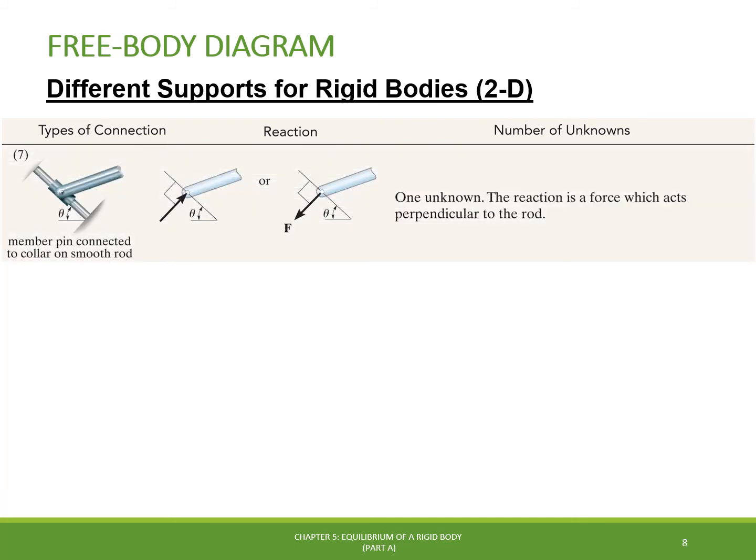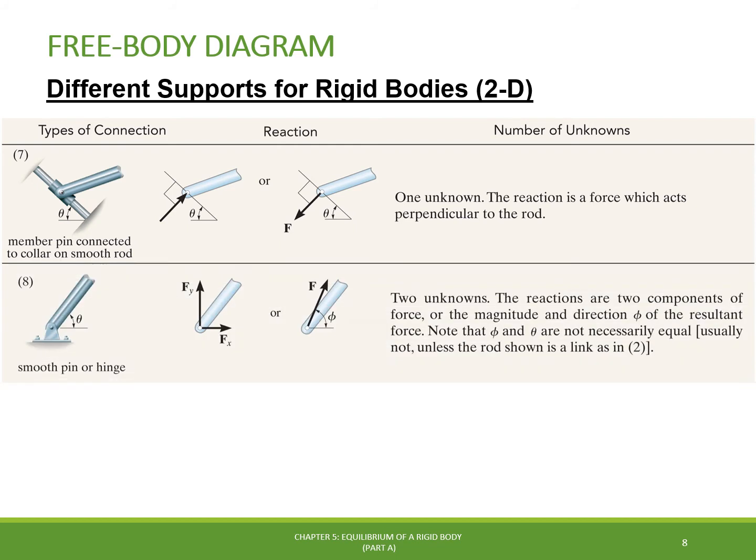The seventh type of connection considers a member pin connected to a collar on a smooth rod, in which the only reaction force acts perpendicular to the rod, and the member is free to rotate about the pin and slide along the rod. The eighth type involves the connection between elements using a smooth pin or a hinge to restrict the translation movement in any direction,